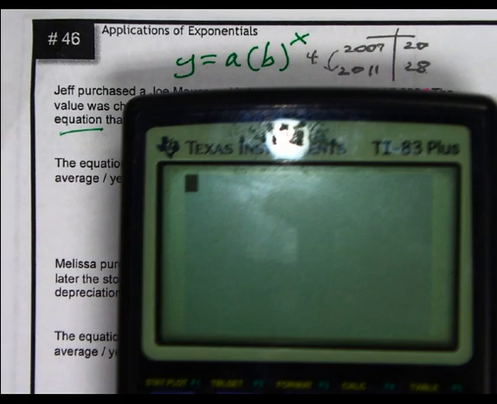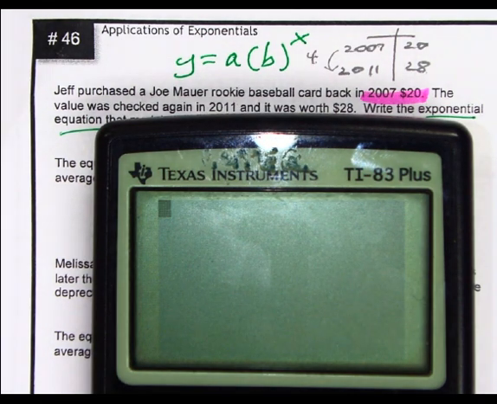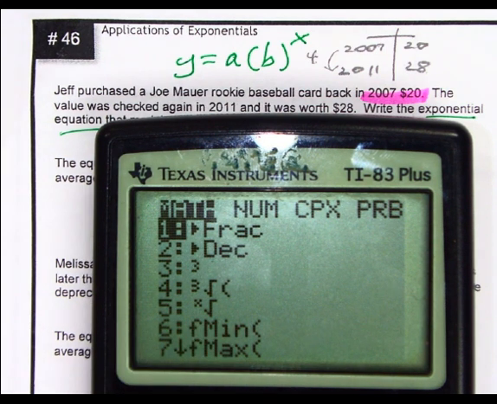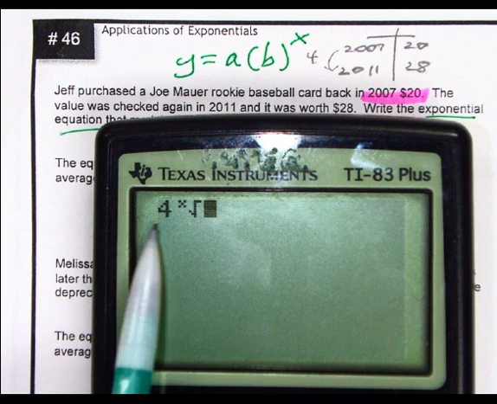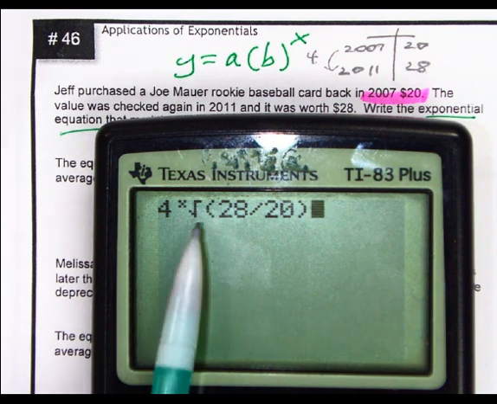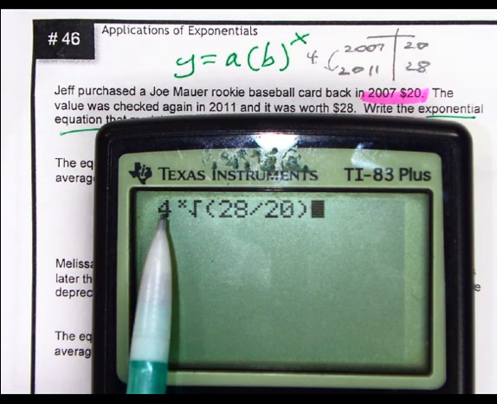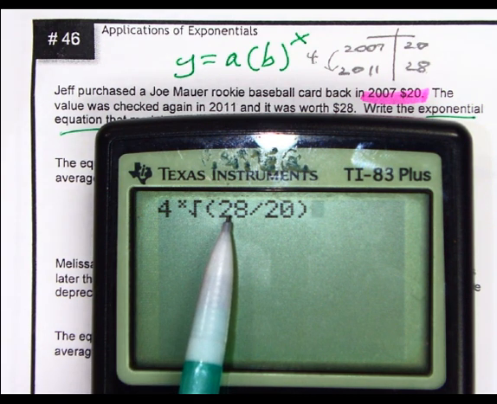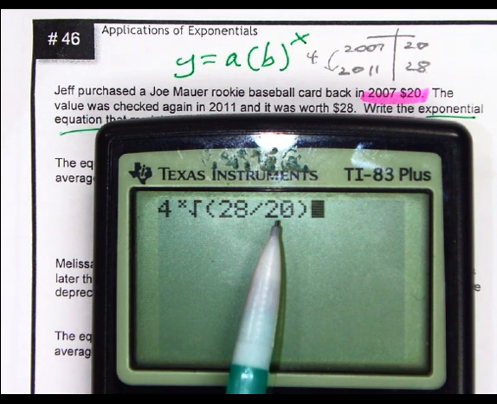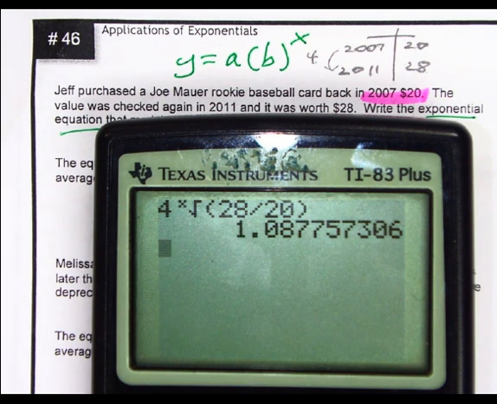So when you go to your calculator, you just simply type it in as 4, math, and then we're going to take the 5th choice. So 4, math, 5, and that 4 goes up in there, and then parentheses 28 divided by 20. Some of you are not putting parentheses there, and then all it's going to do is take the 4th root of 28. Whoops, we don't want that. We want the 4th root of 28 divided by 20 all in one step. Then hit enter, and I get this